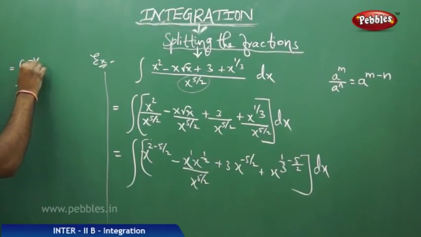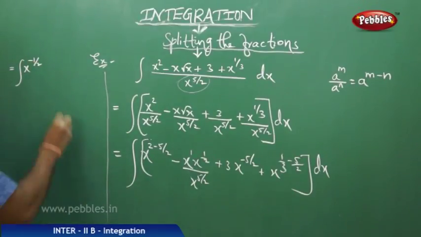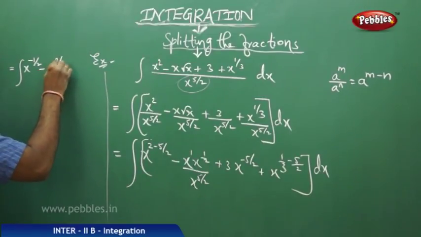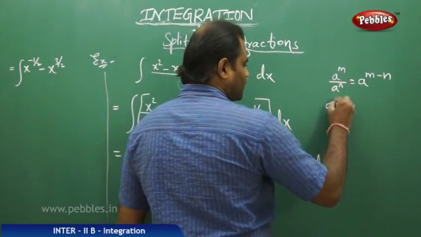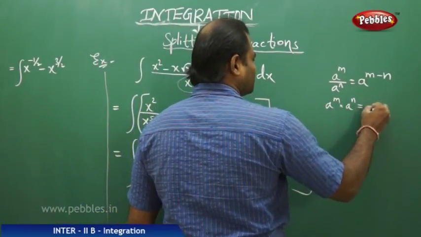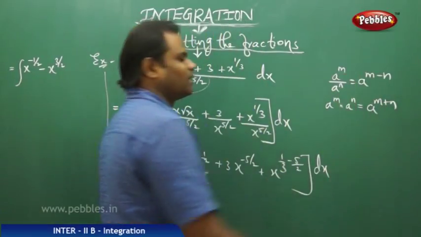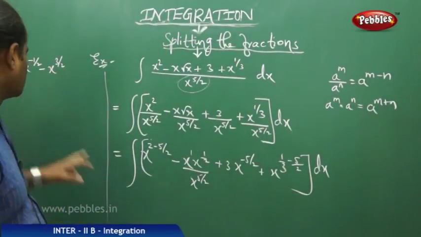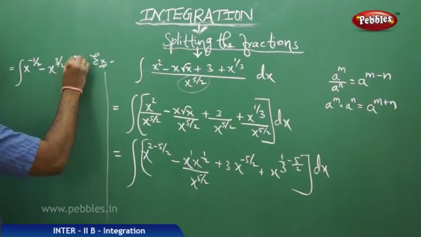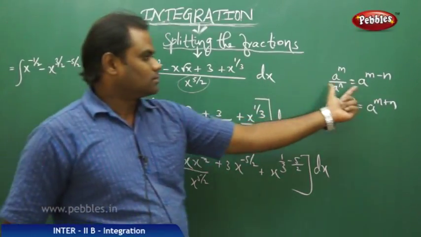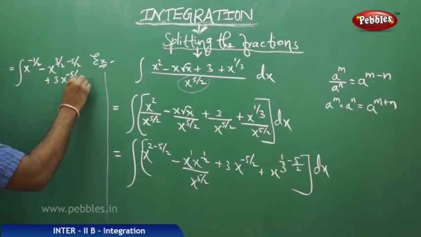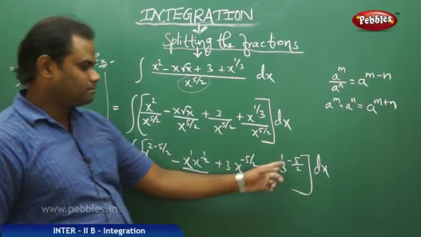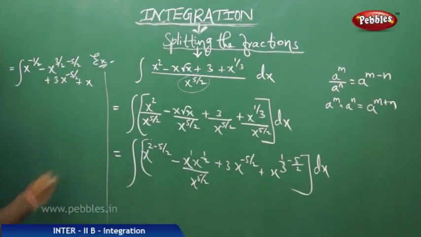4 minus 5 is minus 1 by 2 minus x power 3 by 2, that is 1 plus 1 by 2, because a power m times a power n is a power m plus n. So 1 plus 1 by 2 is 3 by 2 minus 5 by 2 using this formula. Plus 3 times this plus x power 2 minus 15